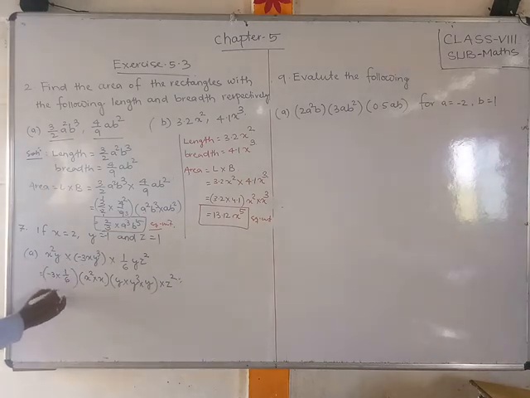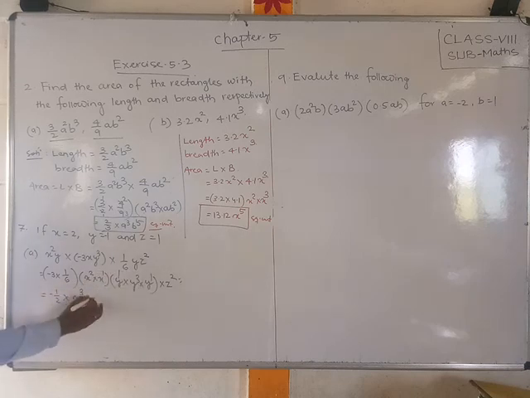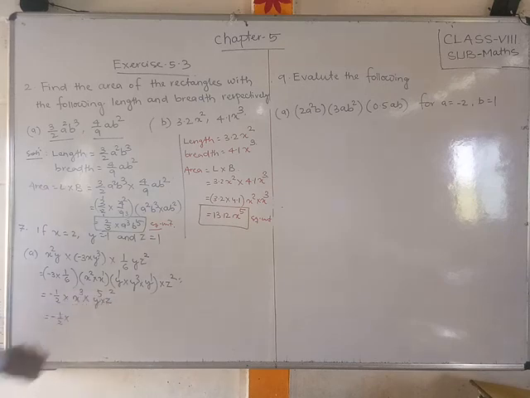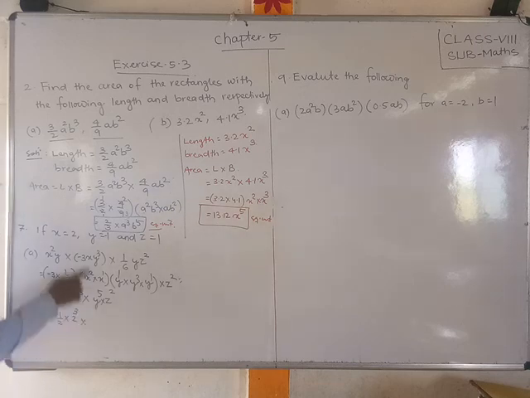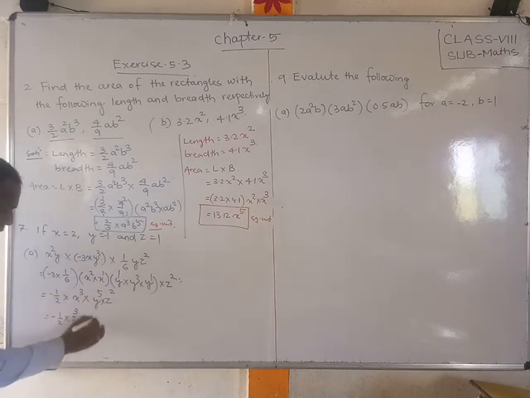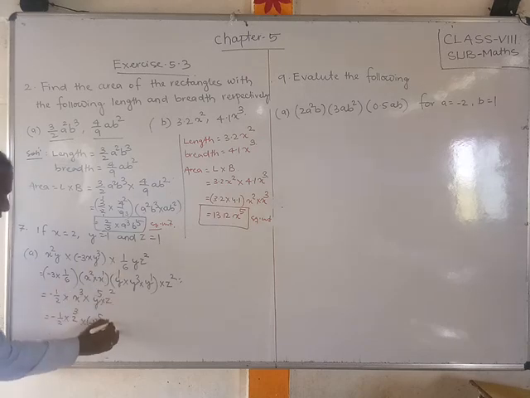So the constant is -1 by 2, into x power 3, into y power 1 plus 3 plus 1, that means y power 5, into z power 2. Now put the values, students. x is 2, so 2 power 3, into y value -1, so -1 power 5, z is 1, so 1 power 2, with -1 by 2.